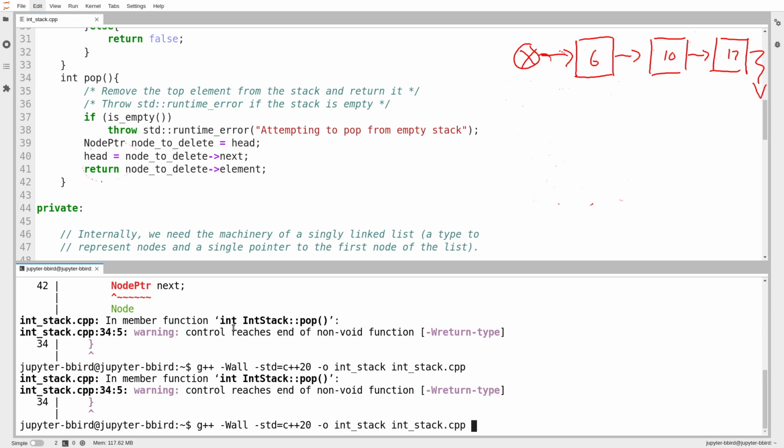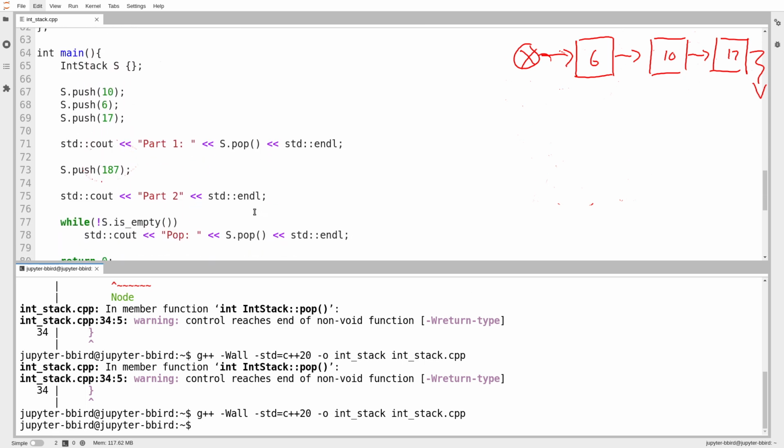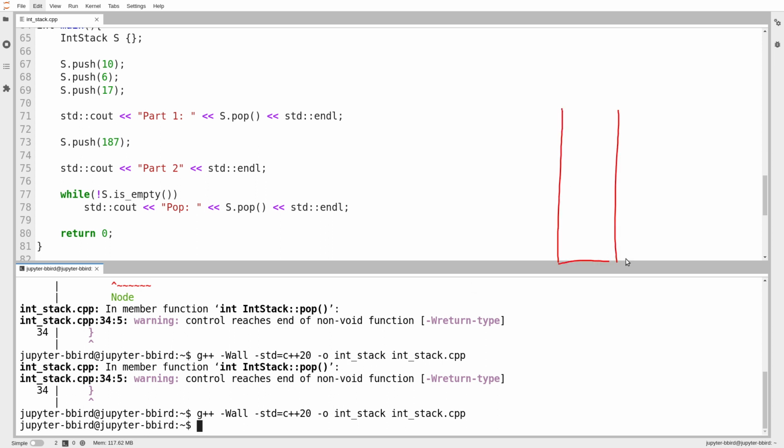We'll see if the compiler wants to complain. Looks like everything's fine. Now let's try running it and see what we end up with. So I should push the elements. We'll just mock up what I expect to see here. My stack should contain, we'll just sketch it out, I push 10, then I push 6, then I push 17. Then I should print out, I'll just write the output that I expect here, part 1, and I pop the